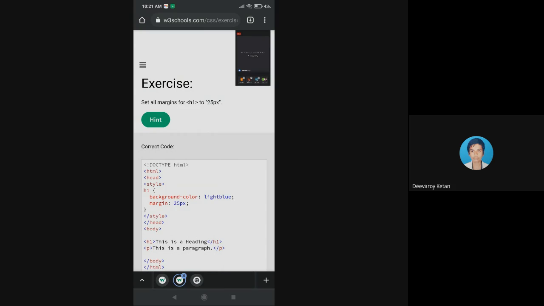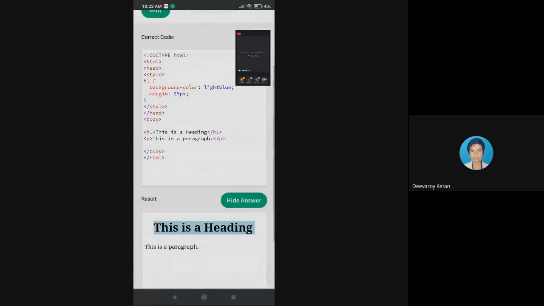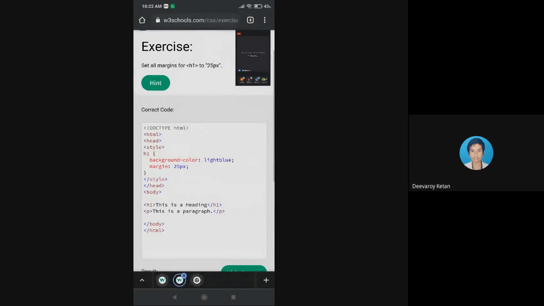So how has this been getting compressed? Because this kind of feature you may not see on the desktop, because it is expanded there, and you can see the hint and hide answer all in the screen because the screen size is bigger. Here the screen size is smaller, so it has been compressed down. In order to see the answer, I have to scroll up and down. So how did this happen? With the help of the margin concept.